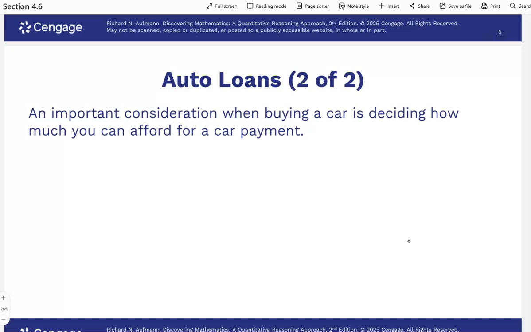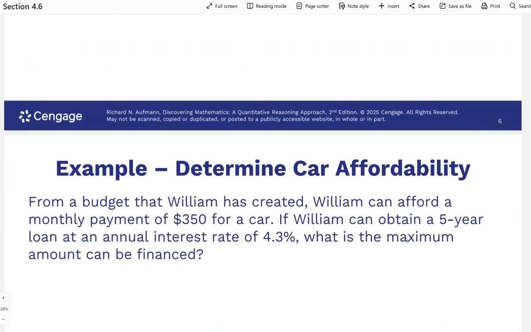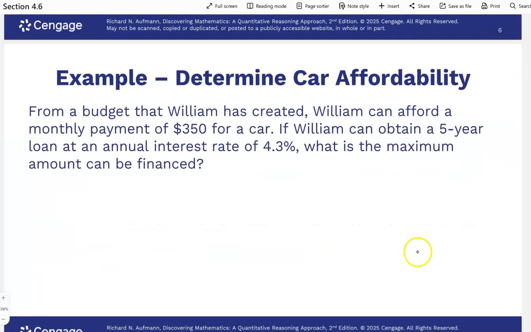So when we're looking at purchasing a car, we need to think about how much of a payment can I actually afford? Could I afford a $400 payment or a $500 payment or a $300 payment? So let's look at another example. From a budget that William has created, William can afford a monthly payment of $350 for a car. So he wants it to be $350